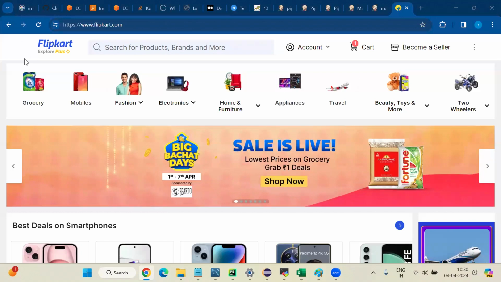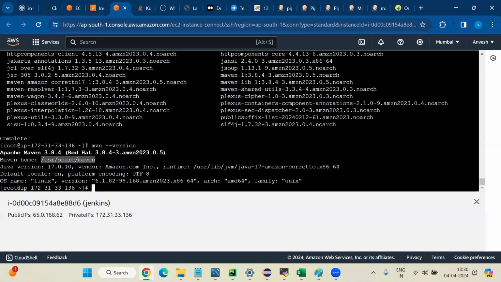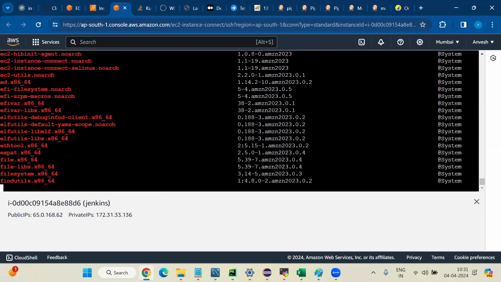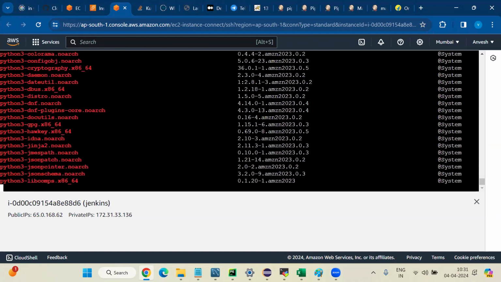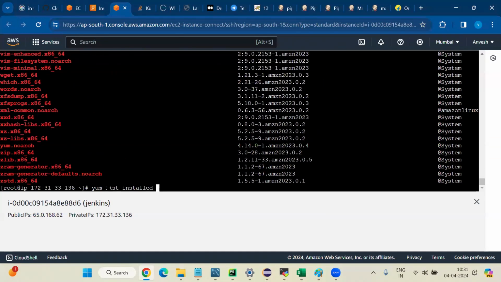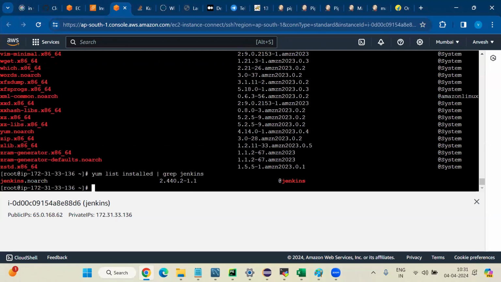Anyway, so first, what you need to do? You tell me, guys, how to get the information for installation, the already downloaded information. yum list installed, right? Install means what? First you need yum list installed. So these are the information of installations. I need to apply a filter to get Jenkins. What do you need to do? yum list installed, use pipe and grep. Here you can give Jenkins, right? Now here it is showing